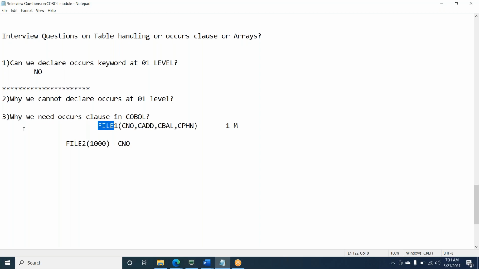So what we can do, we can go with the OCCURS clause. We read the data from file 1 and load it in an array. Once we load the data in the array, read the data from the other file and search in that array, either using linear search or binary search, whichever it is. So this is one scenario where we use OCCURS clause, where arrays are required in COBOL programs or in mainframe COBOL projects. So Arul, Jayshree, Avanti, do you want to add anything?